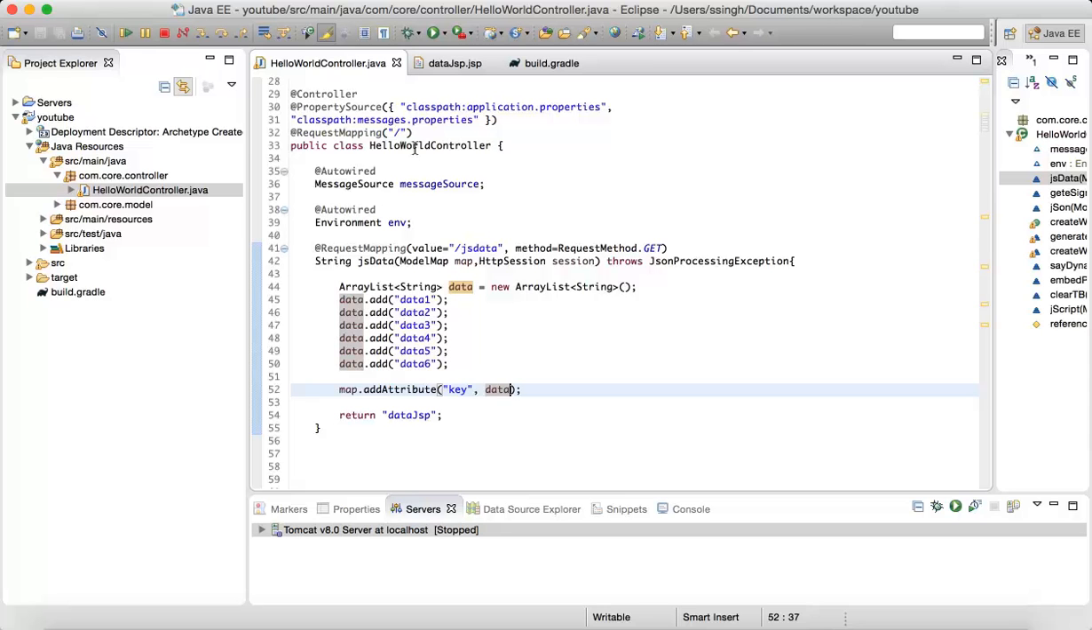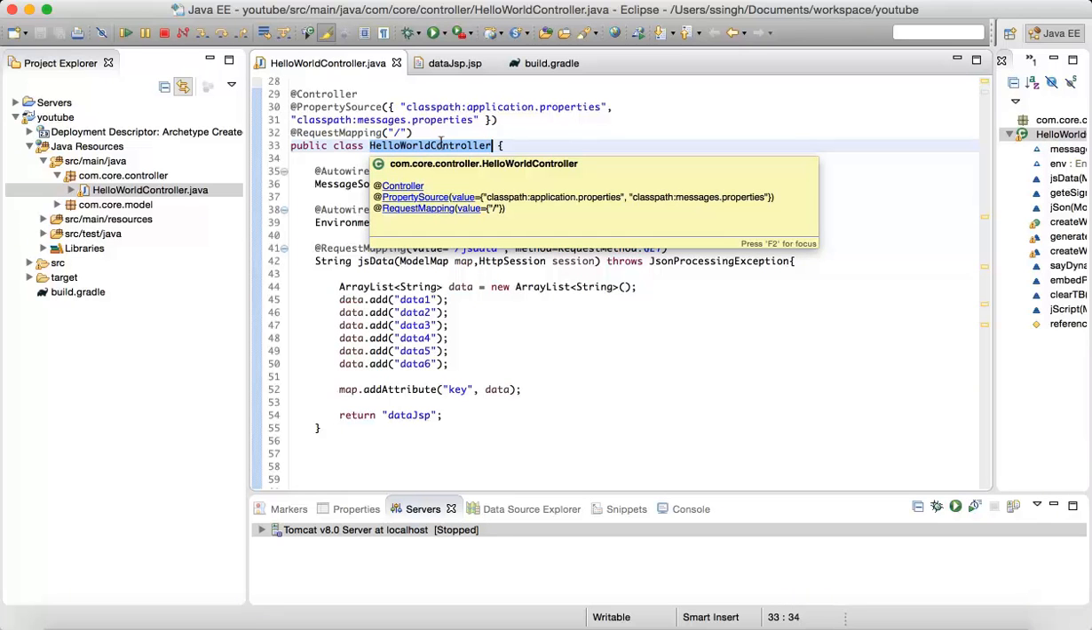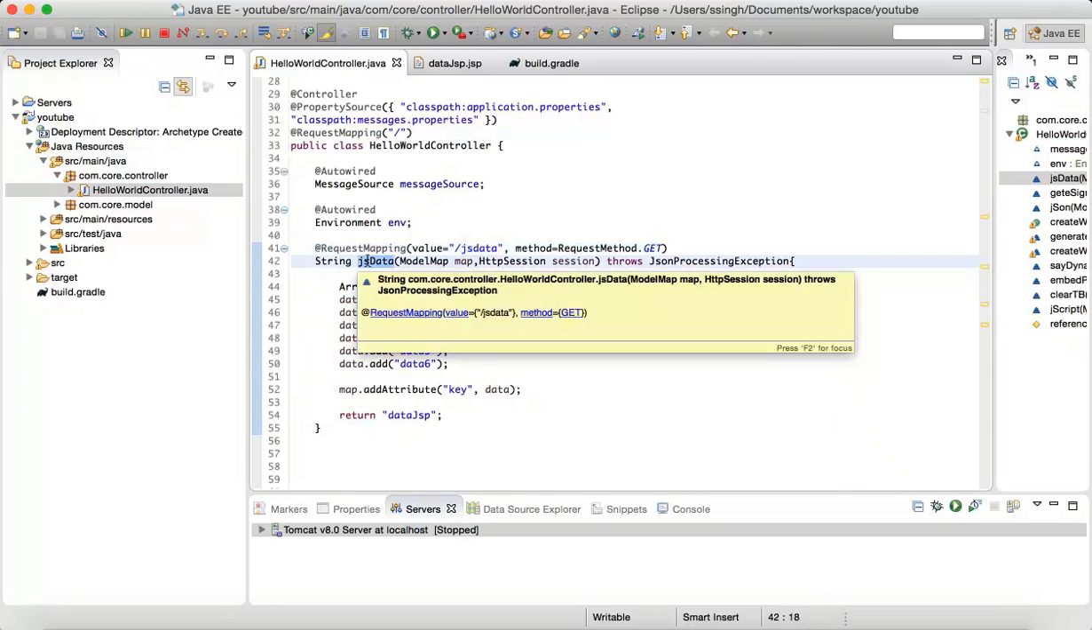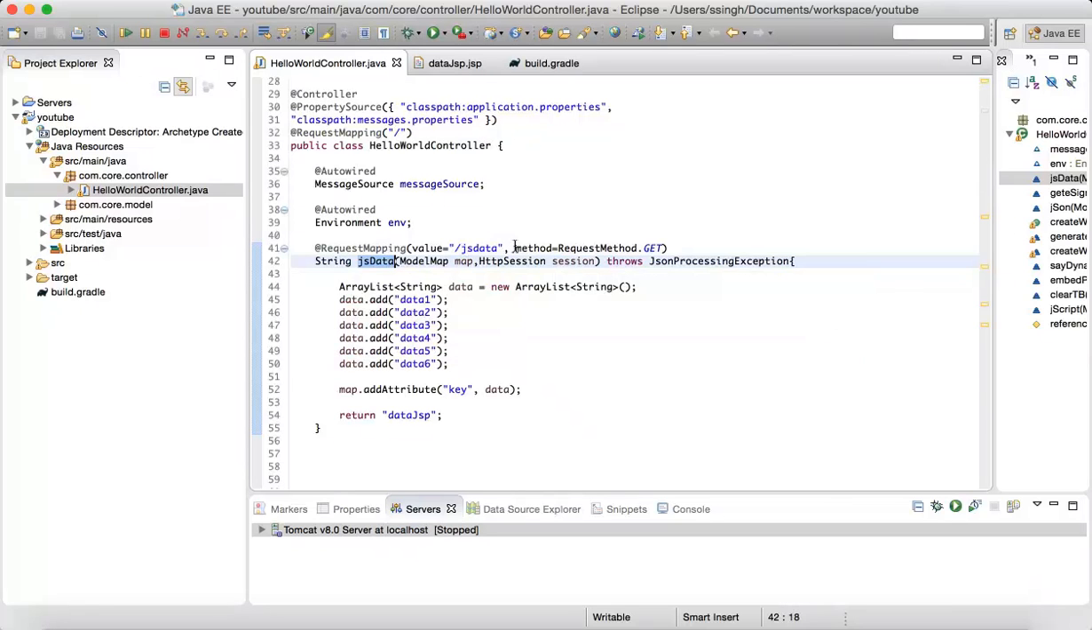So as you can see, this is my controller class, the hello world controller, and it has this request mapping. Its value is JS data. What it means is that all the requests originating from the client side that have JS data appended right after the application context will be entertained by this function JS data. And it is also designed in such a way that it will only accept GET requests, as you